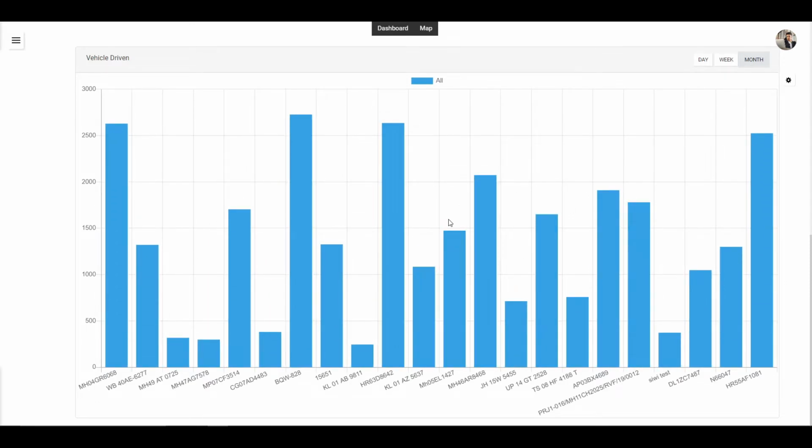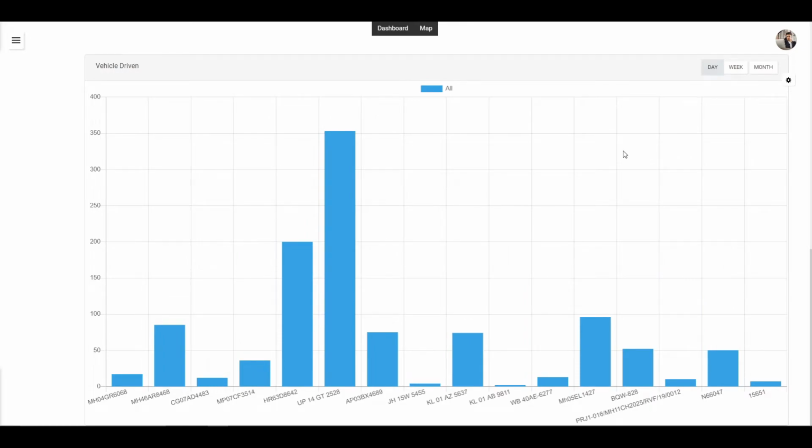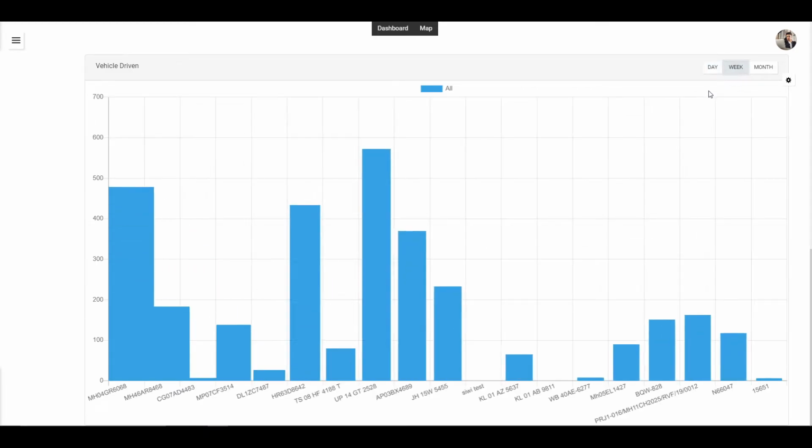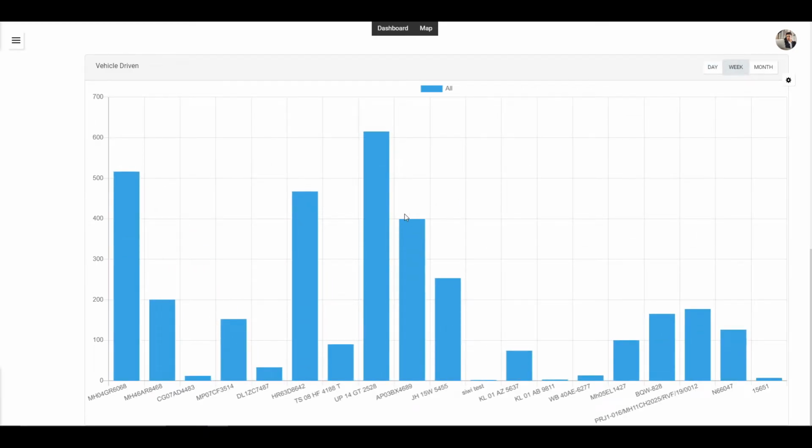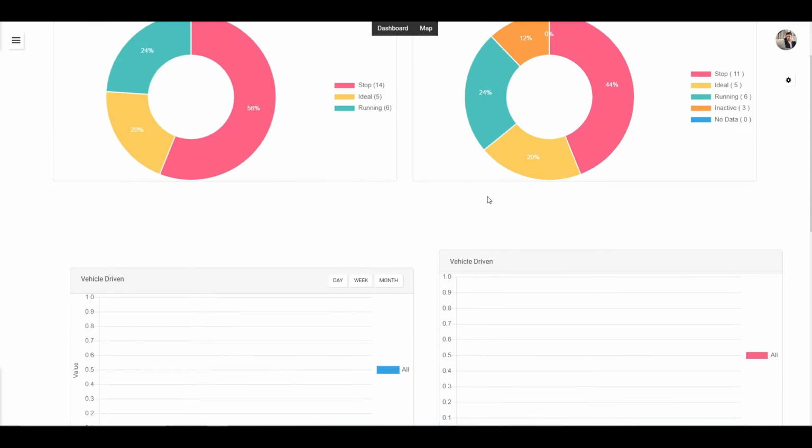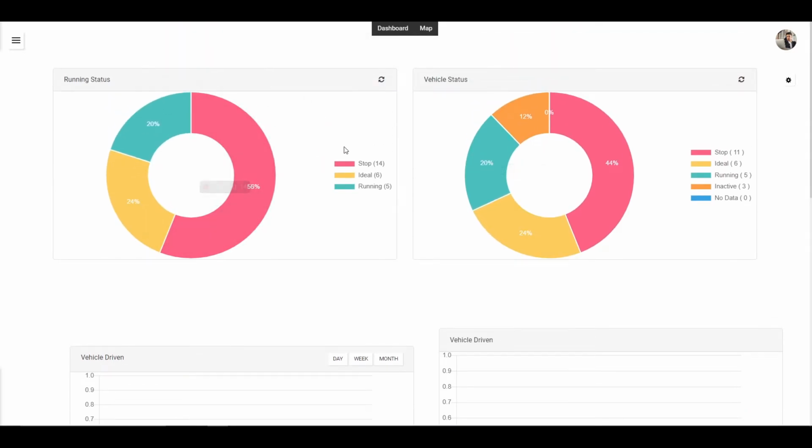And also you can notice that when you select weekly or monthly as per your demand, let's suppose I am selecting the weekly option here because I want to know information on a weekly basis. I will click on week and here is my result. On the other hand, the pie chart will automatically update its information and give you weekly fresh information of vehicles in the pie chart with freshly updated percentages because you have chosen weekly information.